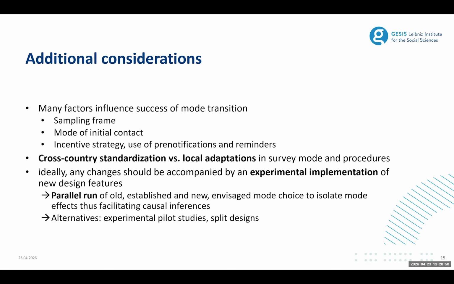So the best way, and I kind of want to conclude with that, to isolate mode effects is what we call a parallel run, with separate subsamples being administered of both the established and the envisaged new mode design. We actually had such a parallel run in the Albus in 2023, and it can be very useful to isolate mode effects because all the time-related exogenous influences apply to both subsamples similarly. This means that we can directly compare the response distribution for each variable between IAM and SAM.